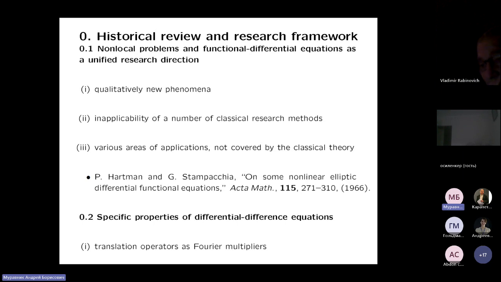Let me recall that if an equation includes not only differential operators, but other operators of another nature, then it is said to be a functional differential equation. It is definitely a very common, very general object. Let us make it narrower and consider only equations that